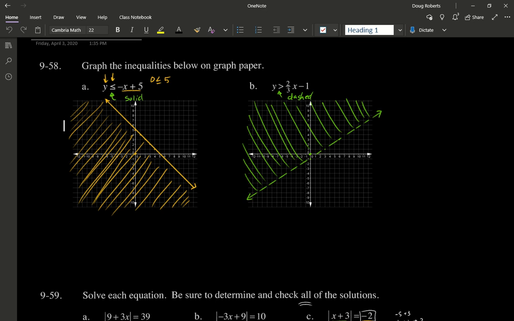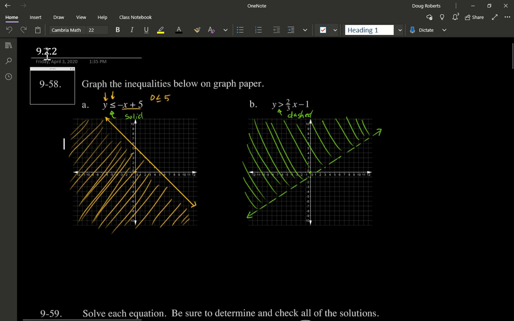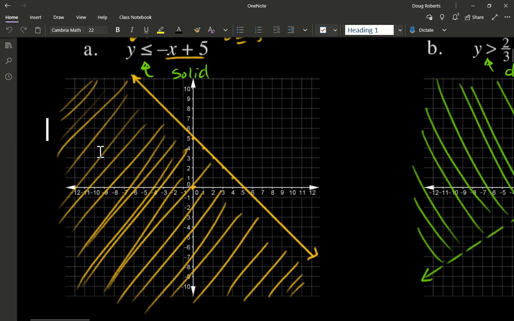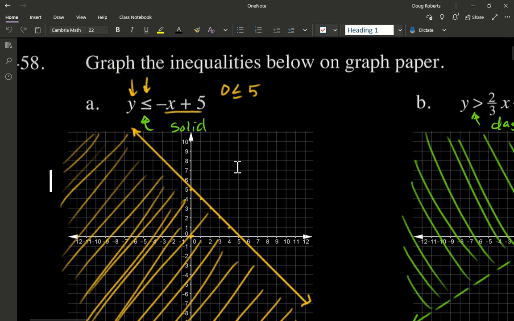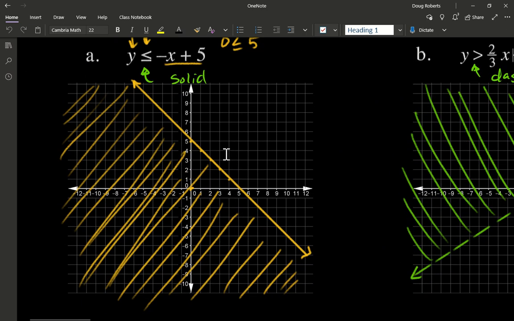This is section 9.3.1, and I want to start by going back to a previous lesson. I think this was 9.2.2, homework problem number 58. One of the things we were asked to do in this problem was to graph an inequality with two variables. And the procedure that we had established for doing this back then, and it's summarized in our math notes